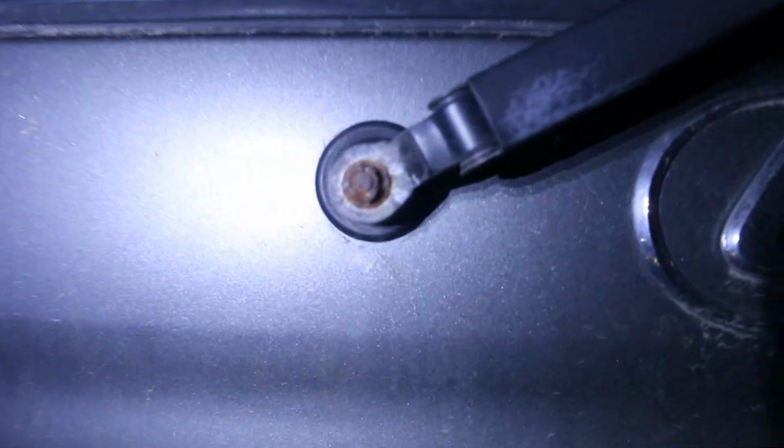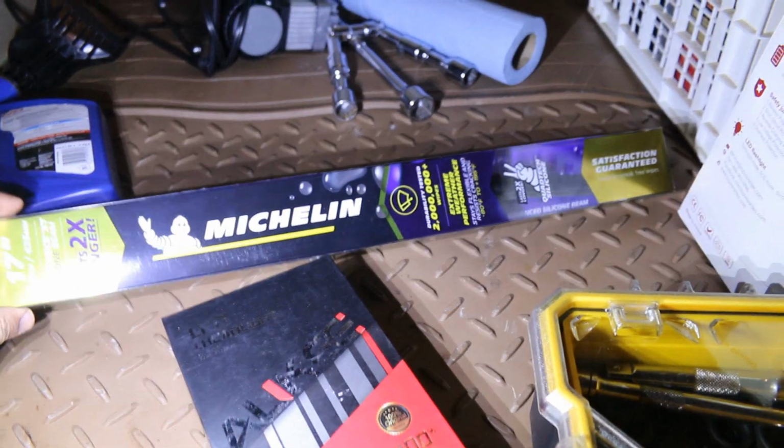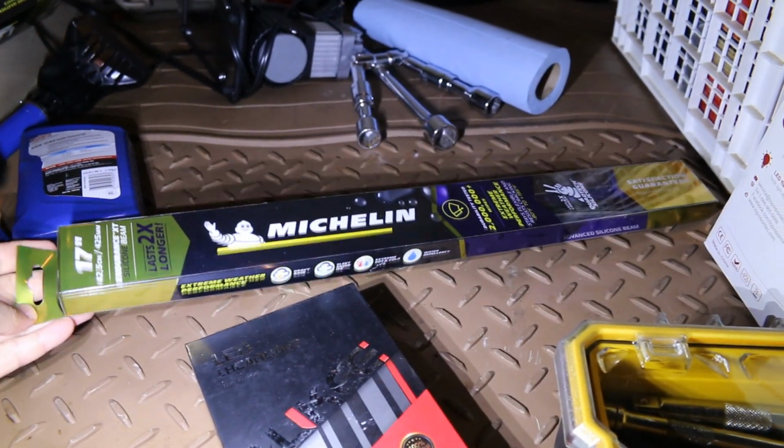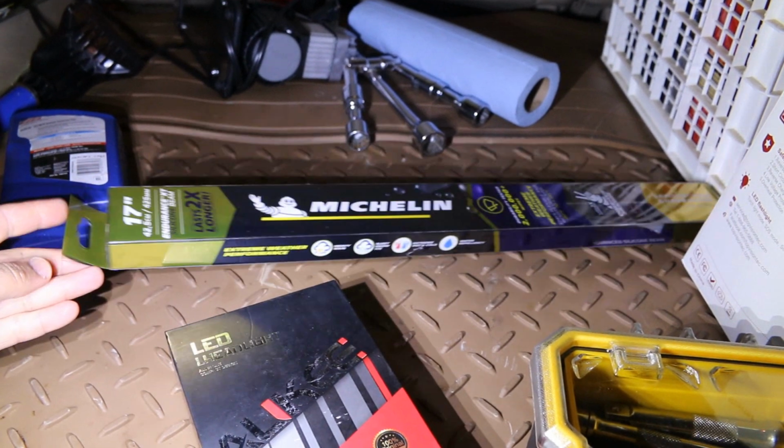And then the other thing is this rear wiper. I talked about it in the other video. So I just popped the cap off, and if you look, there's a decent amount of corrosion there. So that's supposed to be a 10 millimeter, but it's really corroded. So I got to get a new nut, got to clean off all of that, and then I want to paint this black, and then I have a new silicone wiper that's going to go on this. And actually, I think I have it in the trunk here. Let me show you guys in case you're wondering what size wiper it is. It's a 17 inch. So I'd recommend a Michelin 17 inch silicone wiper. That'll last pretty much the life of the rest of the